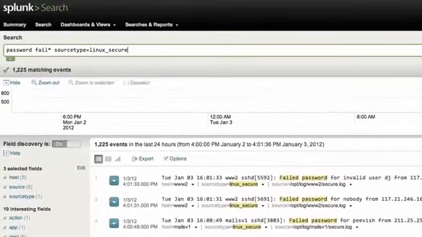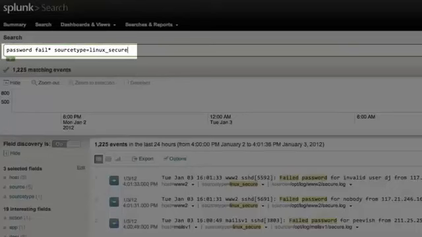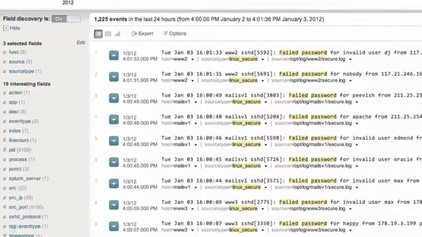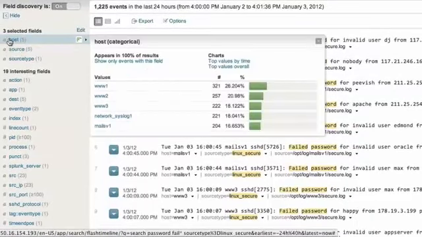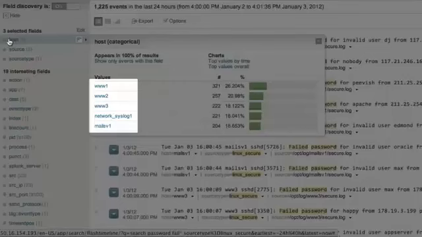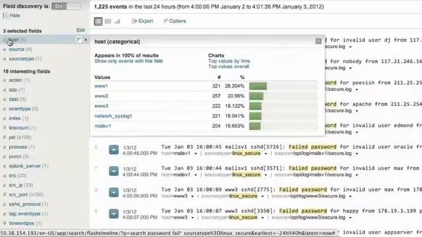In this particular example, I'm looking at a search of password fails star where source type equals Linux secure. You can see from my field sidebar that my results span 5 hosts. And if I click on host, I can see what those are: www1 through 3, network syslog 1, and mail server 1. But let's say, for example, that the problem I'm currently investigating is only occurring at my corporate office,